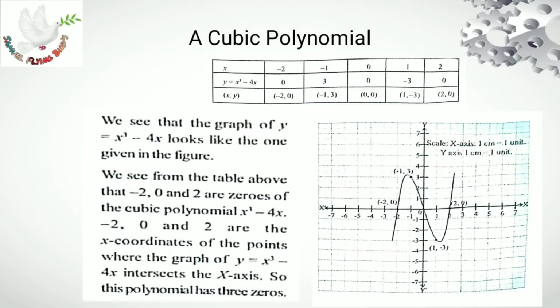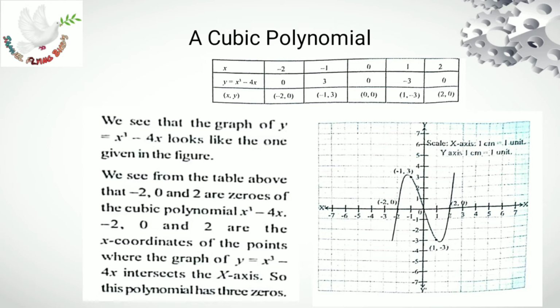Now we are going to the next method, finding the zeros of a polynomial. Here we are considering a cubic polynomial. Cubic is defined by the expression with x power 3. Here we have p of x equal to y equal to x cube minus 4x. We need to find the values of x and y based on the same first method, a tabular form. The tabular form is given above,